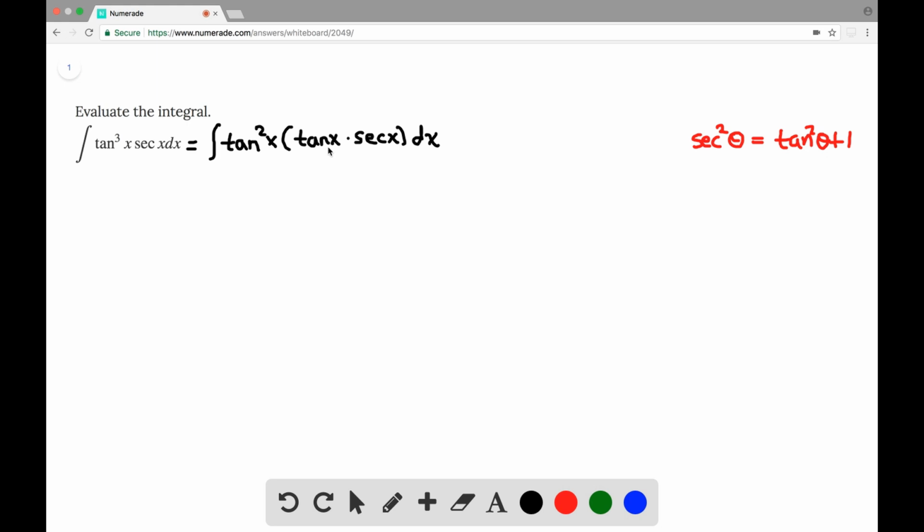And the reason for doing so is that we'll eventually be able to deal with this term, tangent times secant, when we do a u substitution. And that u sub should be u equals secant of x. But before we do that,